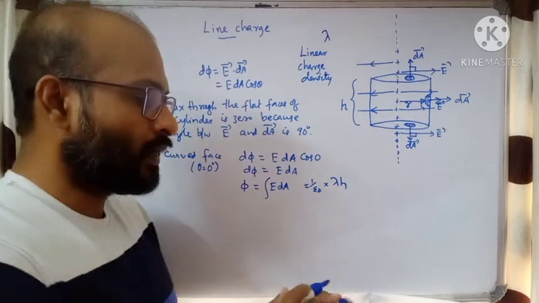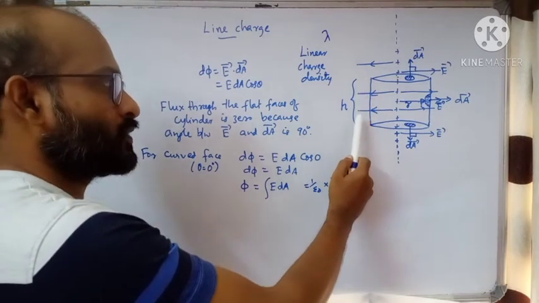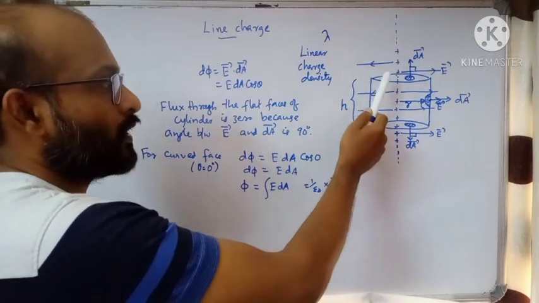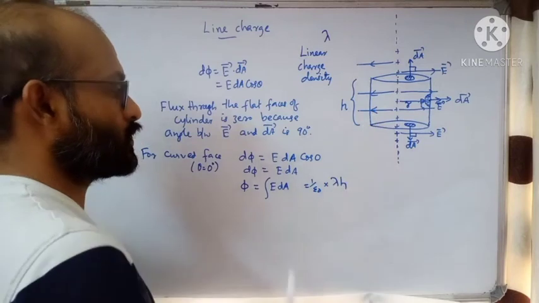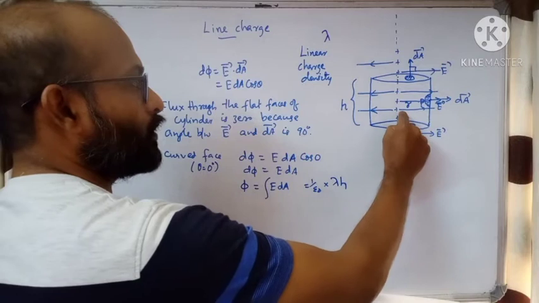Because lambda is the charge per length, we need to find the charge in a length h. We need not consider these charges because they are outside the Gaussian cylinder. We need to consider only these charges. So lambda into h. Now the electric field at each and every point on the cylinder, because it is equidistant,